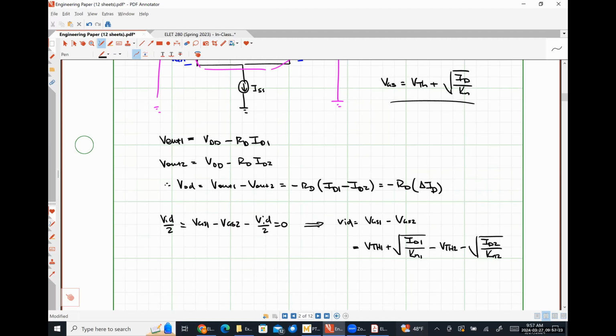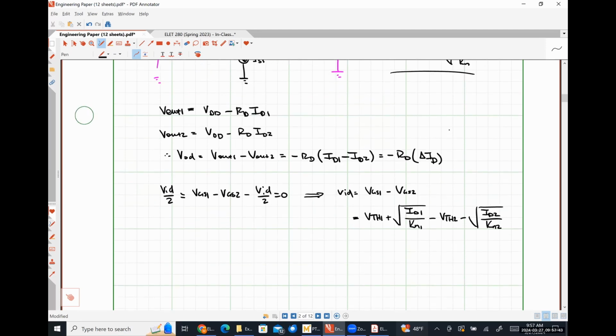All right, so let's make an assumption here. Our assumption is that both of our transistors are matched, right? So if we want this thing to act as a good differential amplifier, we need transistor M1 and transistor M2 to be identical to each other. So if M1 and M2 are matched,